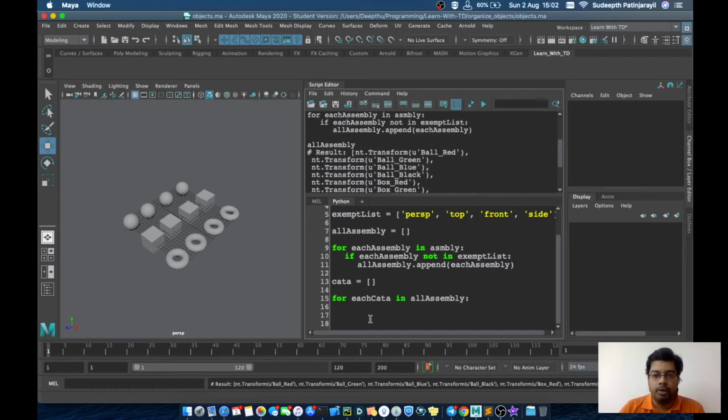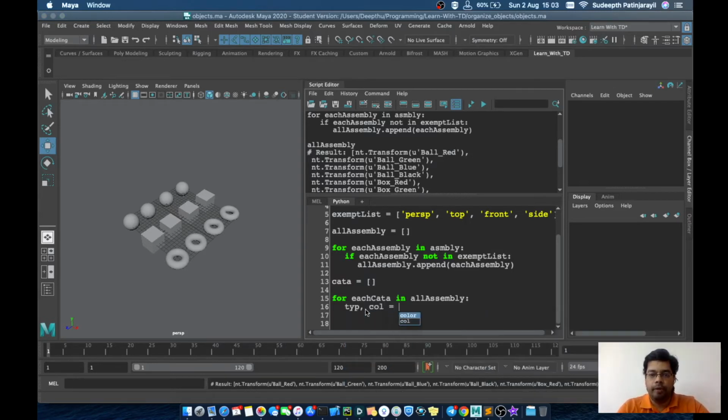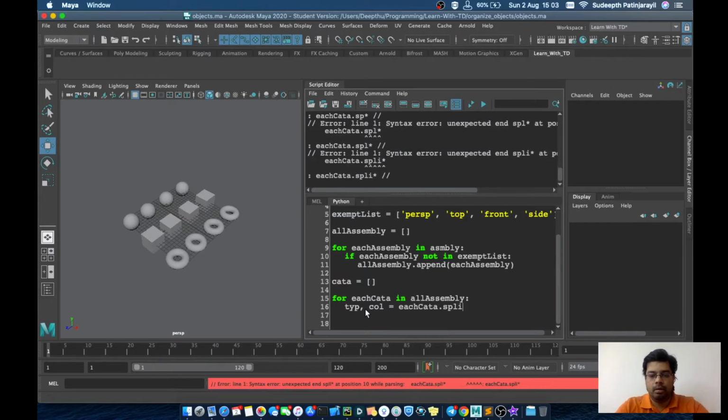So we will split according to this underscore. We will be getting a list out of it which will have two items in it. One will be the type and one will be the color. So we will add two variables and use data dot split, and we are going to split with the underscore.